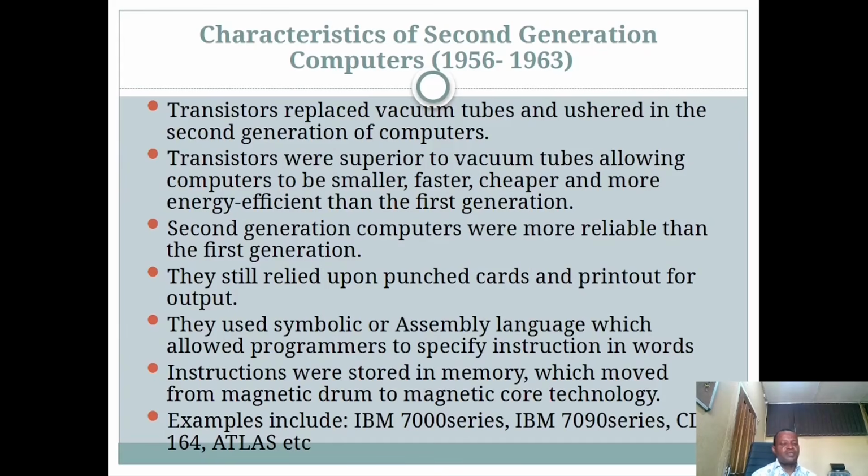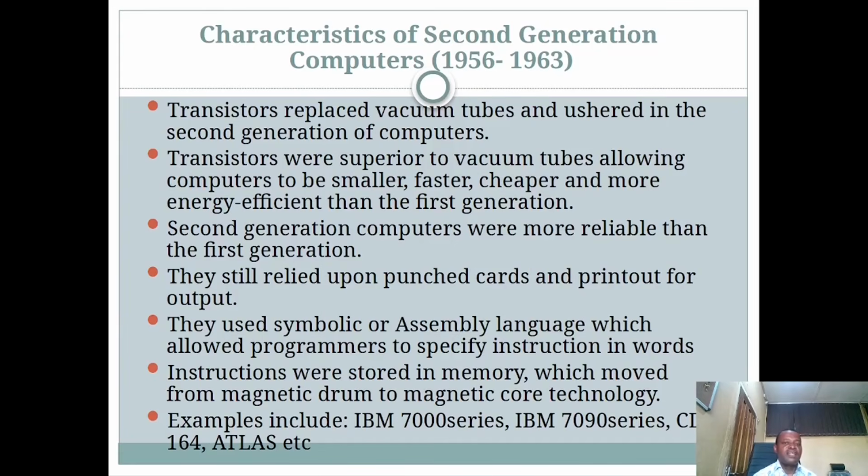Now, there's one similarity between first generation and second generation. That similarity is that the second generation still relied upon punch cards and printout for output. That means that data and information were still given to the computer system via punch card. Punch card is a special